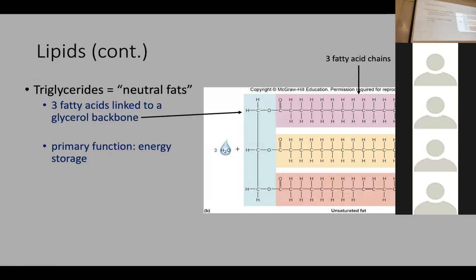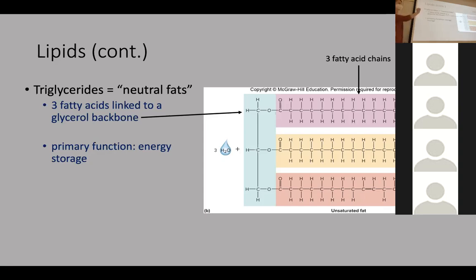So triglycerides are just basically 3 chains of fatty acids, which you can see here. So these are just 3 chains of fatty acids attached to a glycerol backbone. So for you guys on Zoom, each of these is a chain of fatty acids. Here we have our glycerol backbone, which is 3 carbons with hydrogens and oxygens coming off of them. Triglycerides are also called neutral fats.